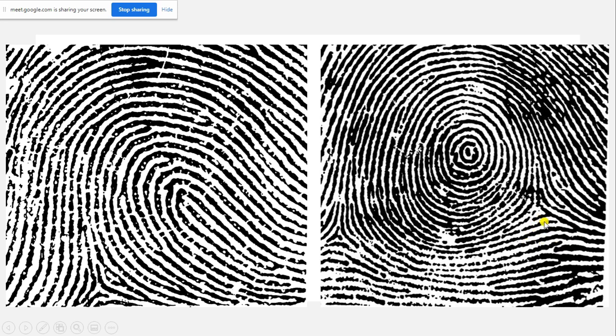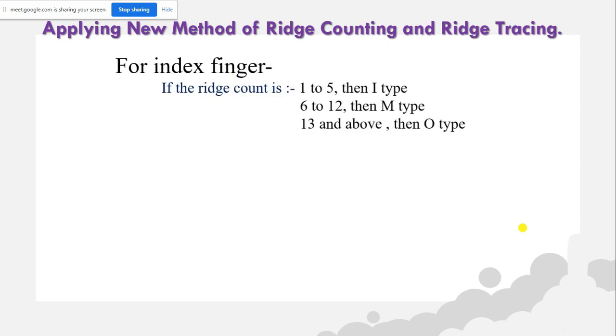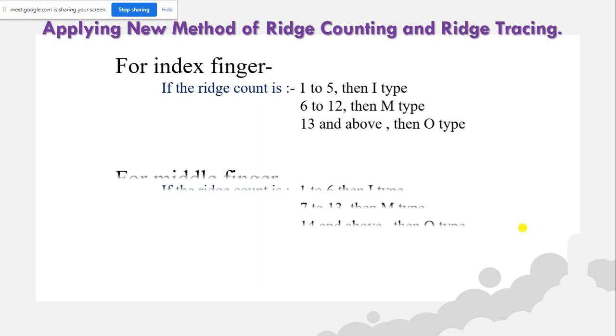If we have 1 or 2 ridges or we have a meeting ridge near the delta, we call it a meeting or middle pattern. If this ridge goes inside the delta and there are 3 or more ridges recurving into the right delta starting from the left delta, we call it an inner pattern. So this is what we are considering in case of subsecondary, and we call it the IMO or inner, middle, outer classification system, and it is considering the index, middle and ring finger of both the right hand and the left hand.